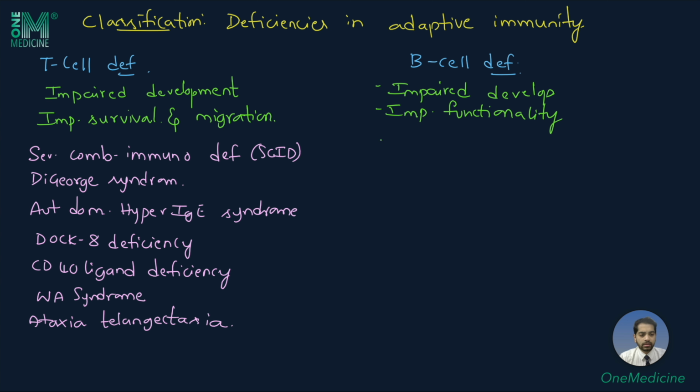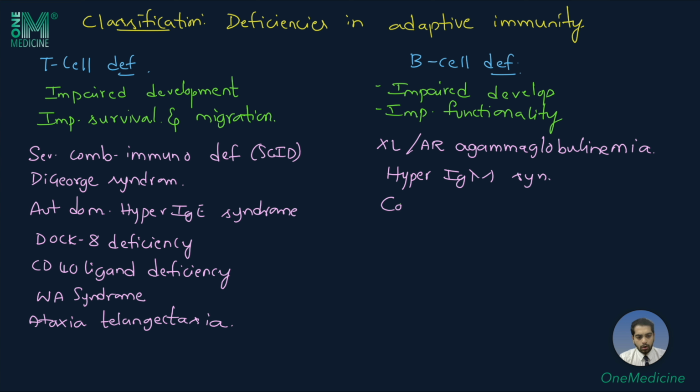Whereas for B cell defects, there can be X-linked or autosomal recessive agammaglobulinemia, hyper IgM syndrome, common variable immunodeficiency, IgA deficiency,